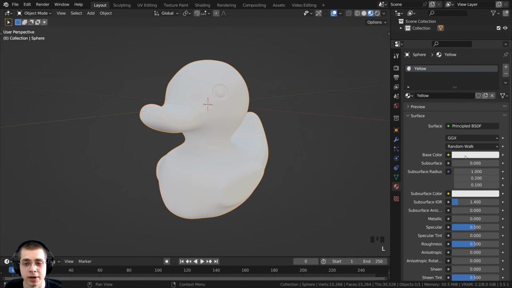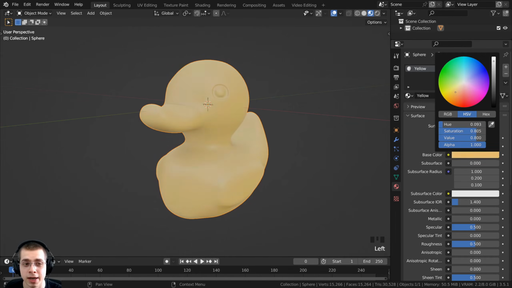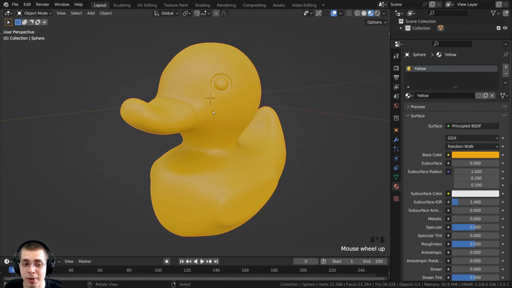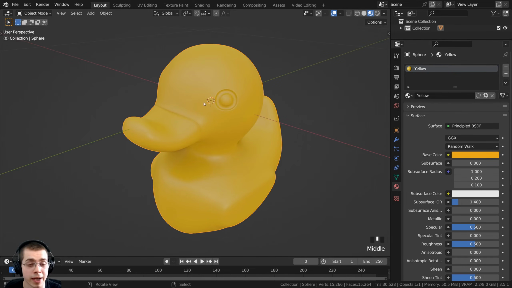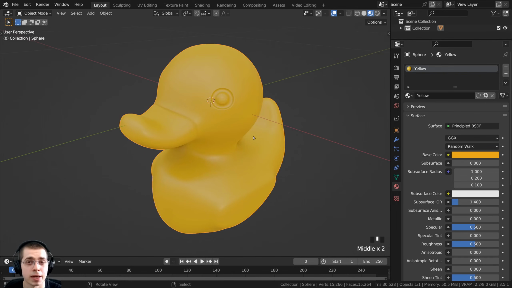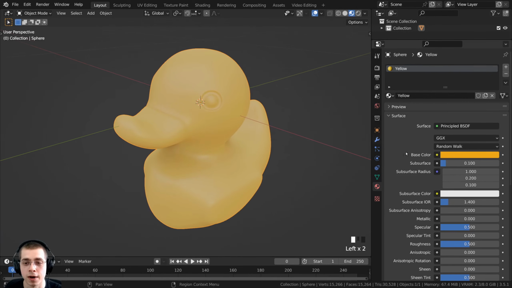For this material, I want to click on the base color here, and I want to make this a yellow color for the duck. And then I want to allow a little bit of light to go through, so I want to add some subsurface, and that's going to make it look a bit more like rubber. So here on the subsurface, I can just turn this to a 0.1. And then on the subsurface radius, these values are the red, green, and blue values, and I want these all to be just a small number. So I'm going to click and then drag down and then let go, and I'm going to type in 0.1